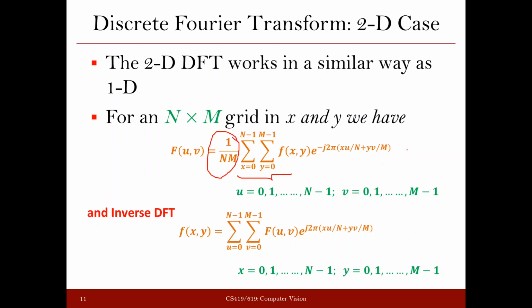So if you compare with the continuous 2D case, this coefficient was not there, and similarly in the continuous case you had just xu or vy. We did not have xu/n or vy/m. Right? There was nothing in the denominator here. Okay, so these are the two differences. Exactly these differences are the same as we had in the discrete 1D case.